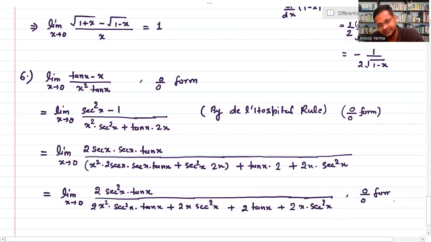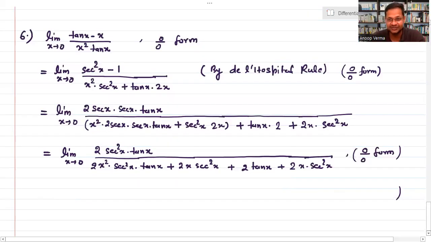You can see easily tan 0 is 0, and here in each term there are x and x, and tan 0 is 0, and so the denominator is also giving 0 and our numerator is also giving 0. So once again we take derivatives. Okay, so